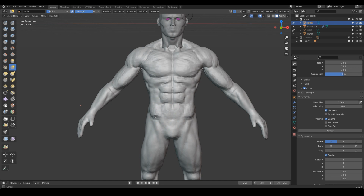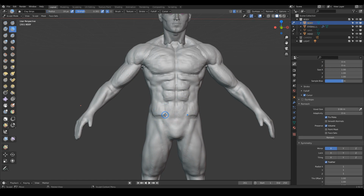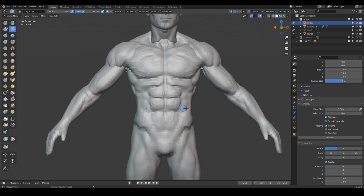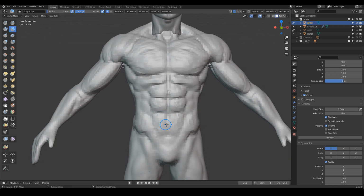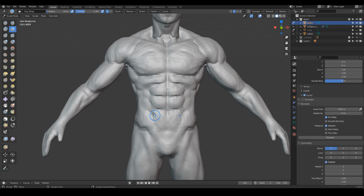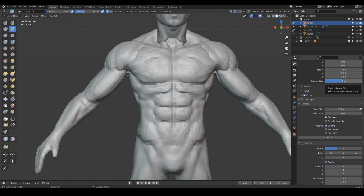And I would bring this down a little bit, and smooth this out here. Usually when you are creating a body, you're going to have the six pack here, 1, 2, 3, 4, 5, 6, and then the navel button either right here, or